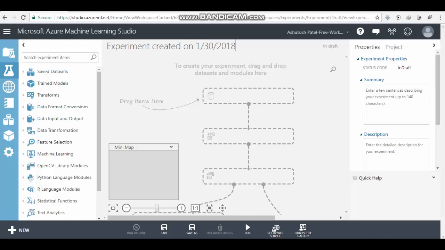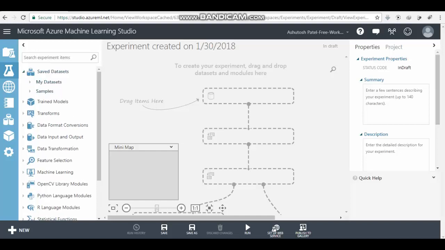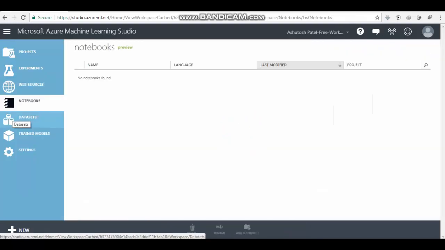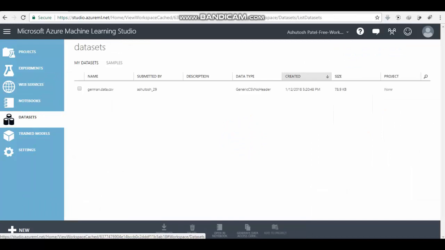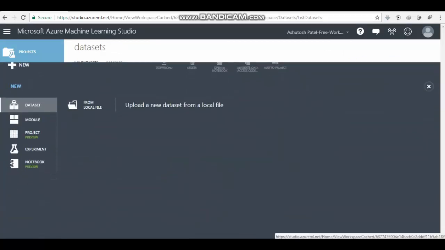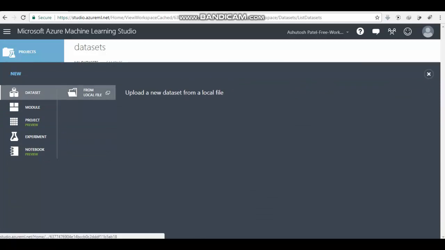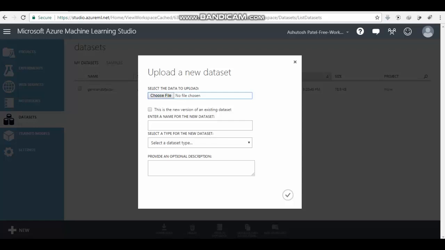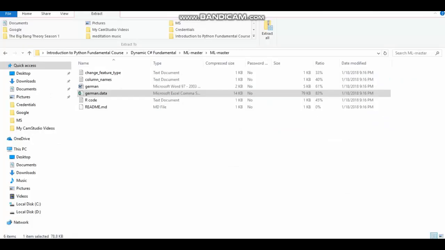So the first thing we need to do is upload our dataset. I have already uploaded this dataset, but still I will show you again. This is the tab for dataset. To upload a dataset, click on new. Since you want to upload from your local system, it will ask you to choose the location.